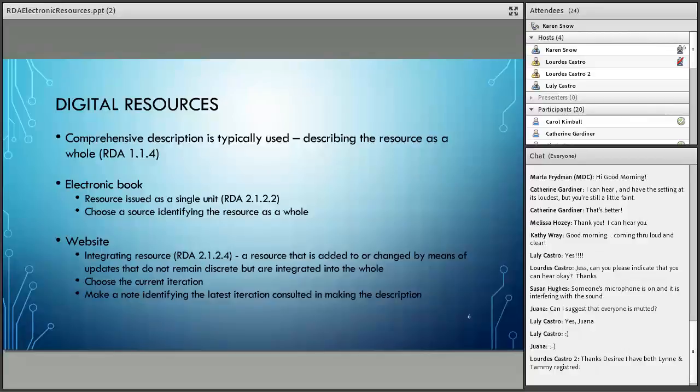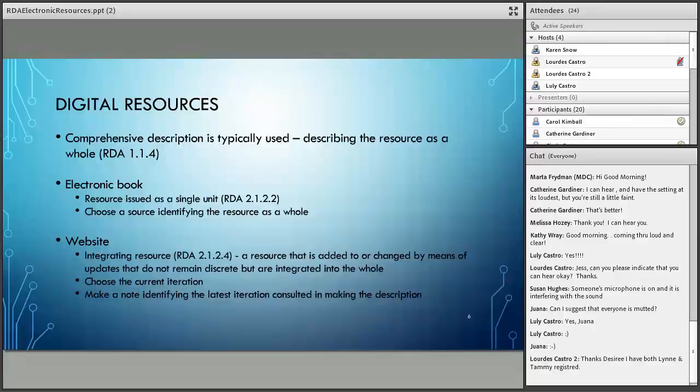But our website is an integrating resource, so it's like a continuing resource in its own way. That's a resource that's added to or changed by means of updates that do not remain discrete but are integrated into the whole, like loose-leaf manuals such as AACR2, for example, and a website that's updated continuously.